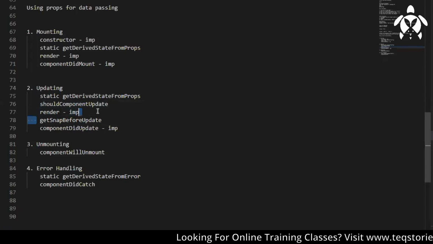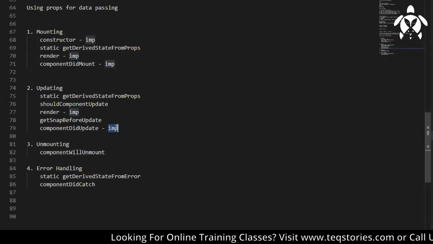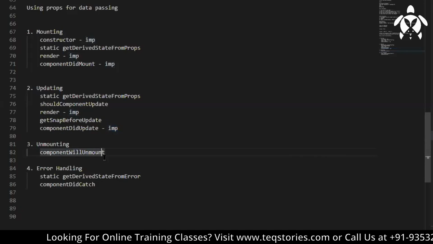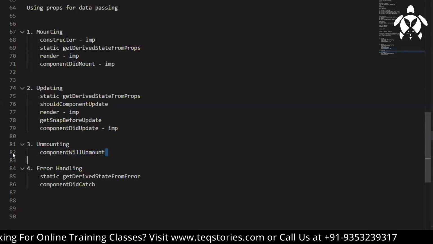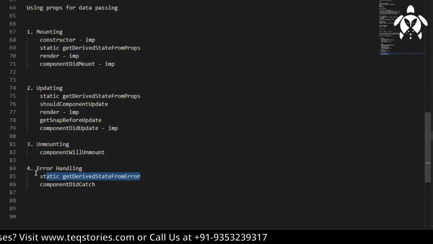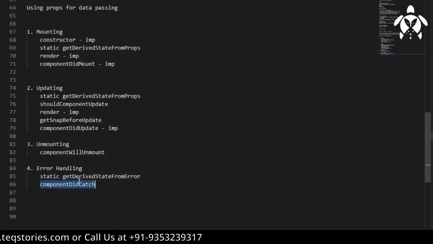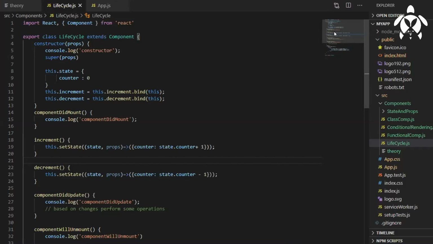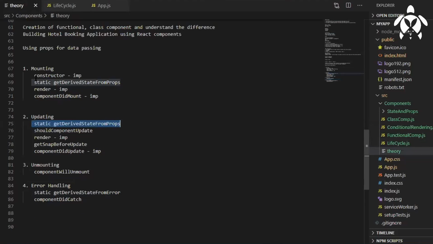So you can say render and componentDidUpdate are important methods, and the rest of the things are rarely used. And of course, componentDidMount is an important method, and here also static getDerivedStateFromProps is important. I think in future we will not have this componentDidCatch method. That is what the official site says, that componentDidCatch will be avoided in future. We have seen the render method, constructor, and didMount method. Now let's see the static method. We have seen didUpdate also. So a static method is there here as well as here, right?